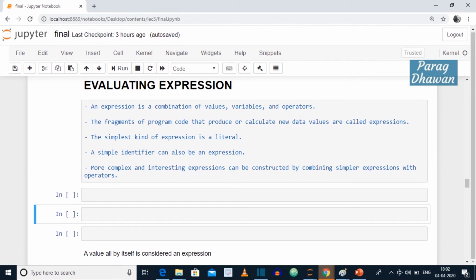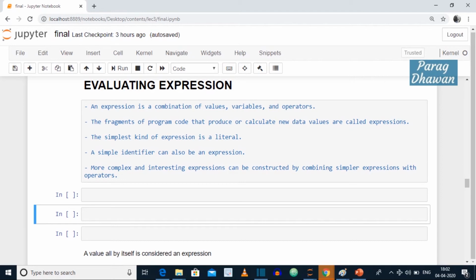Expression and expression evaluation. An expression is a combination of values, variables and operators. The fragment of program code that produces or calculates a new data value is also called an expression. The simplest kind of expression is a literal, that is a constant. The simplest identifier is also called an expression, that is a variable.